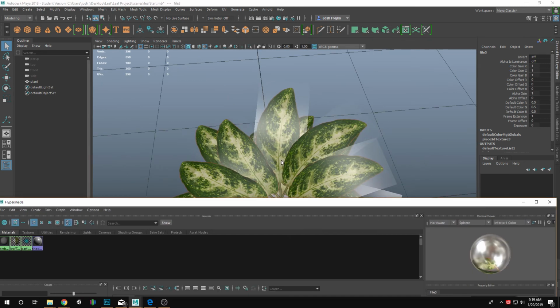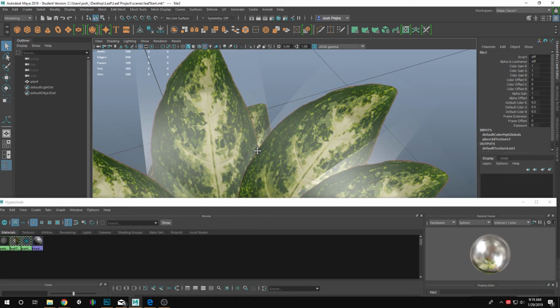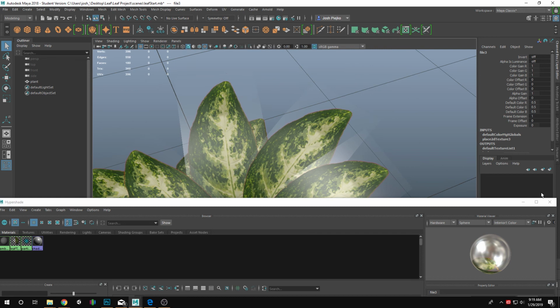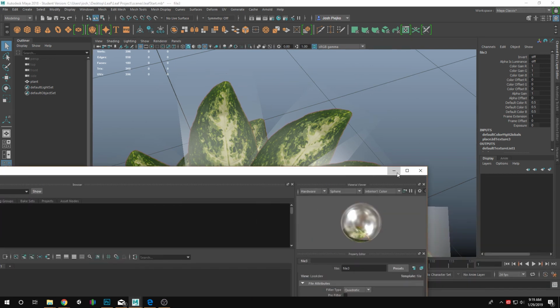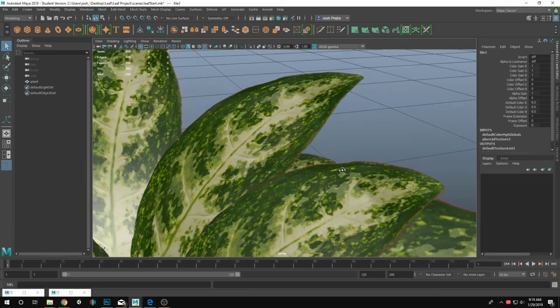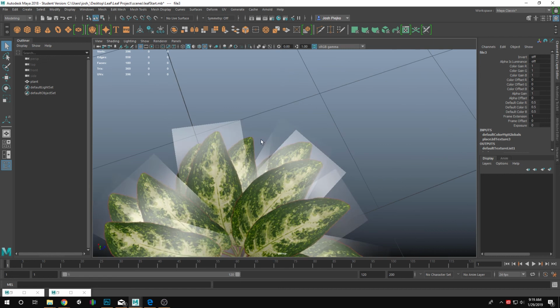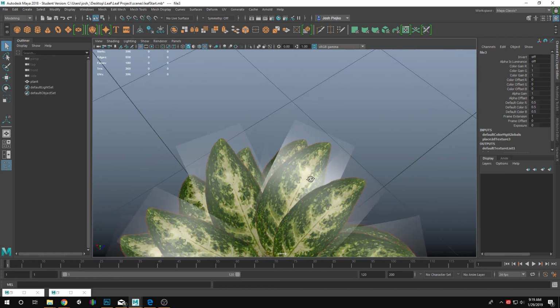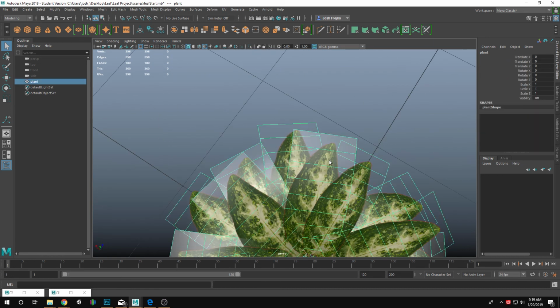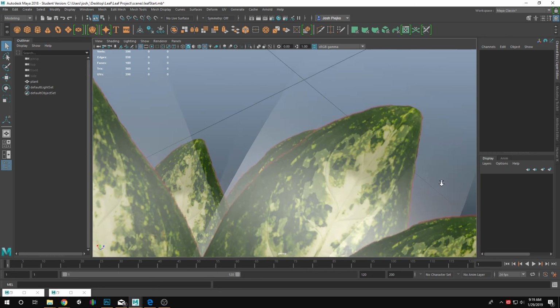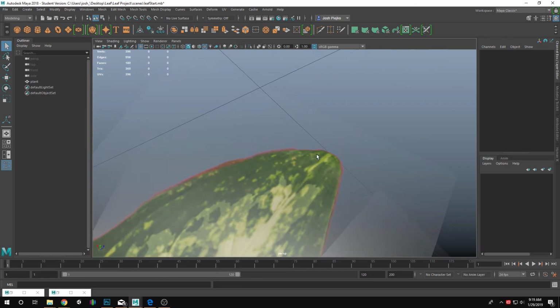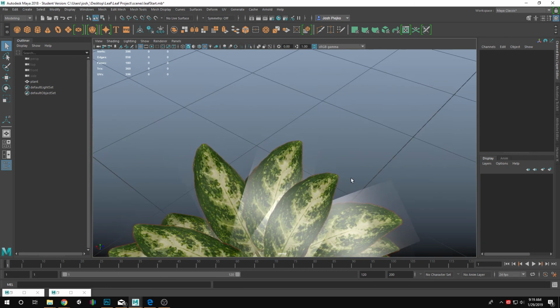Okay. I have now a transparent leaf, but I got some problems here. There's two different issues that are going on. And one of those issues is I have this ghost going on around the edges of this. So I can actually see the polygons that are representing this leaf. I also have these red lines around there. That's because Maya and any other 3D engine isn't very great at being able to make a 100% transparency map